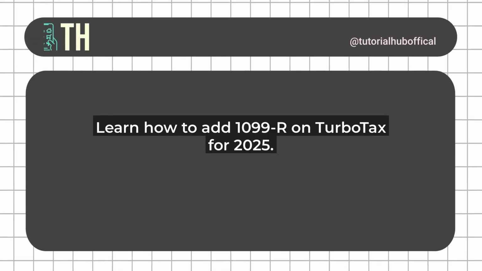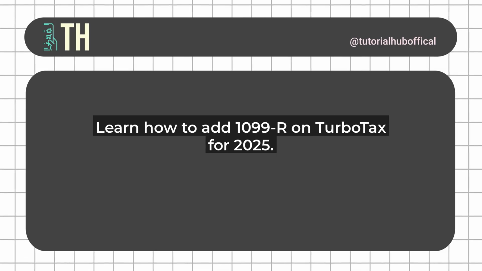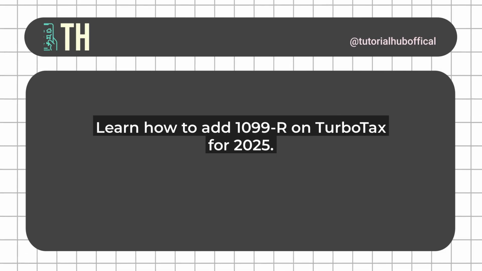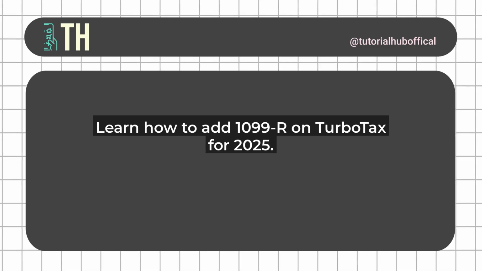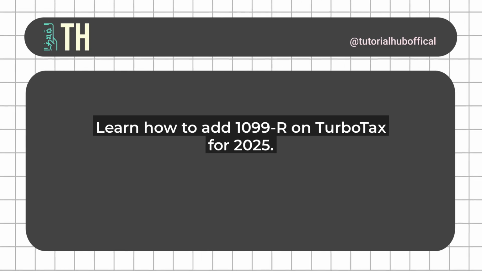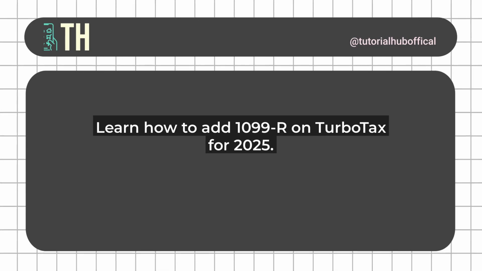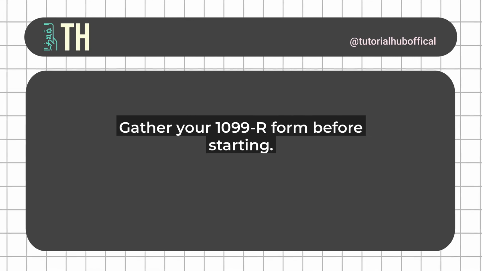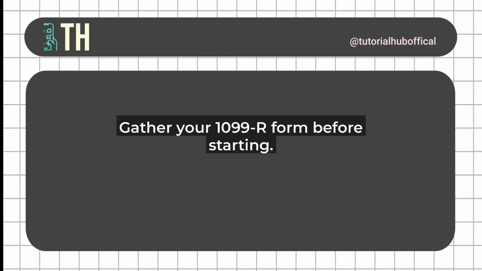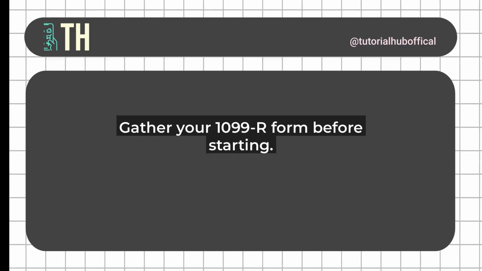Today, we're tackling a common tax question: how to add your 1099-R form on TurboTax for the 2025 tax year. If you're dealing with distributions from pensions, annuities, or retirement accounts, this step-by-step guide will make the process simple and stress-free. By the end of this video, you'll be ready to handle it like a pro, saving time and avoiding